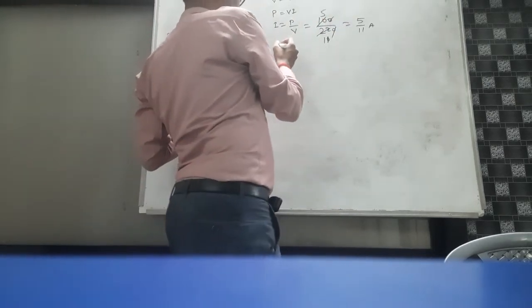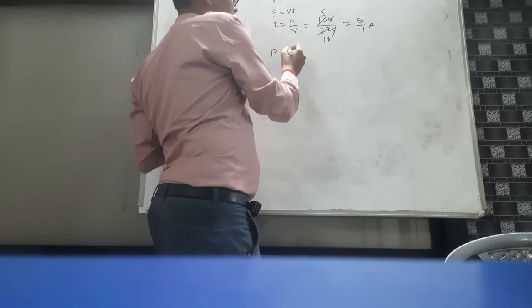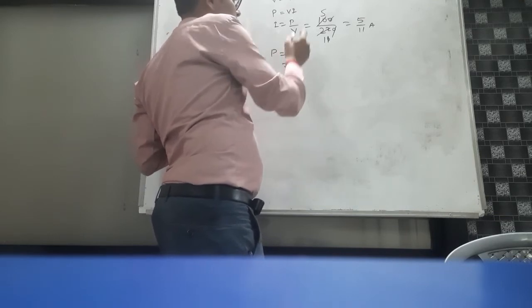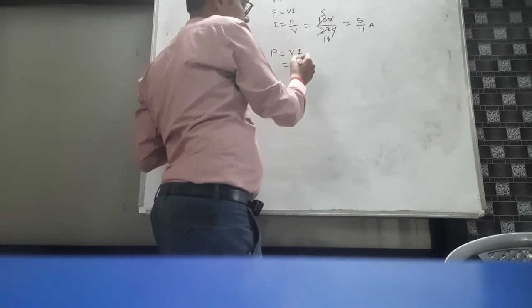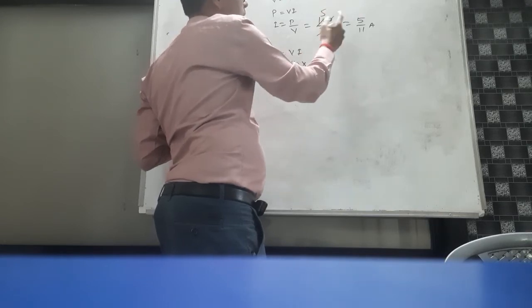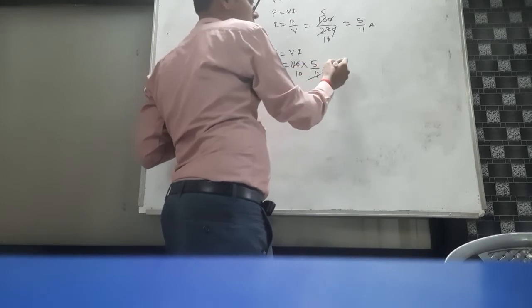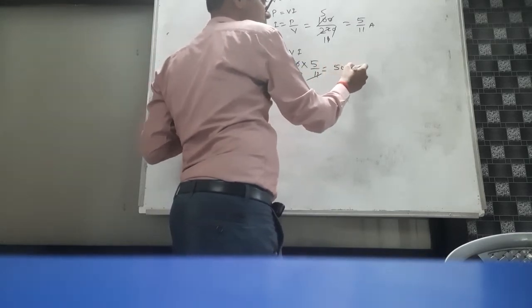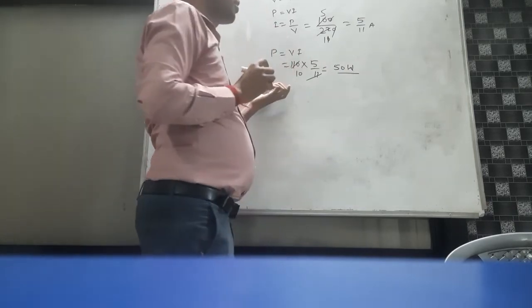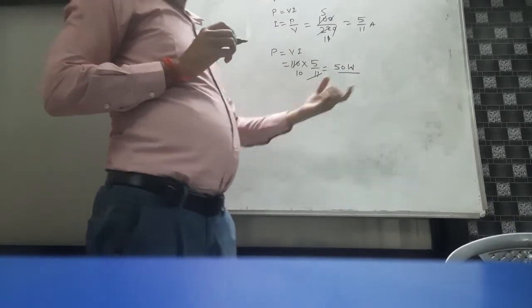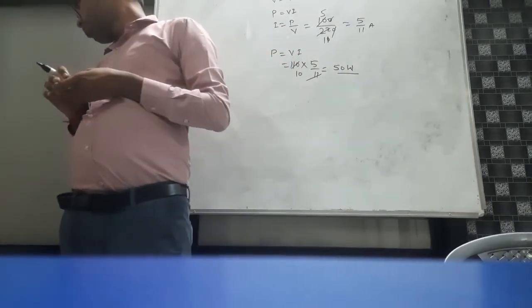Then in this case P equals VI. The value of V is 110 and current is 5 by 11. This becomes 10 into 5, equal to 50 watt. In this case the power comes out to be 50 watt. So the option is